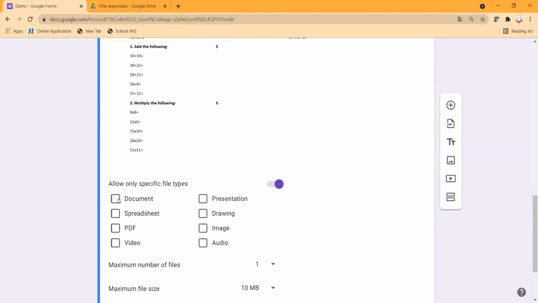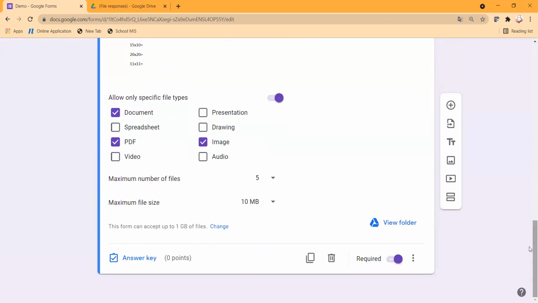It can be in the form of a document, it can be a PDF, or it can be a simple image. Now, if our answers are big enough, students will be using 5 pages. So they can send us 5, 10, depending upon their answers. And the maximum file size can be 10 MB, that is more than enough.